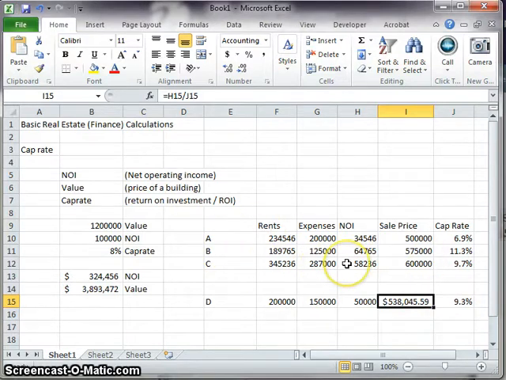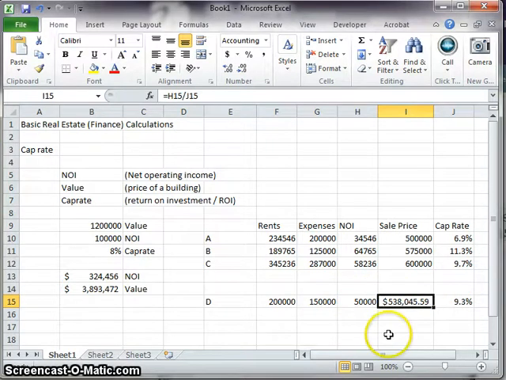So you might be asked in a problem to come up with just what's the cap rate for buildings similar to these, and that would be this 9.3%. But you might also be asked, well, if my building has NOI of these, then you'd need to take it to that next step and then divide your NOI by that cap rate, and you'd come up with a value